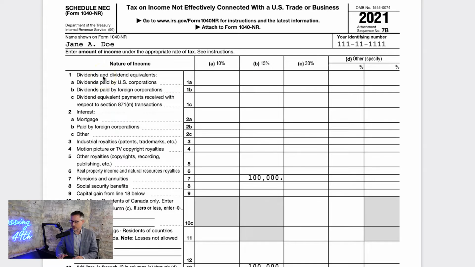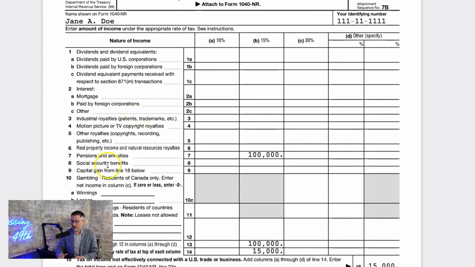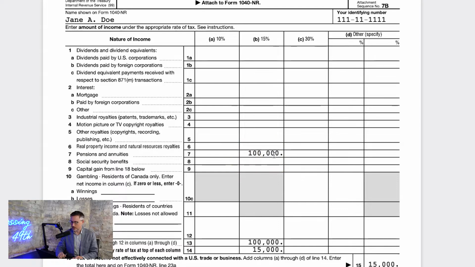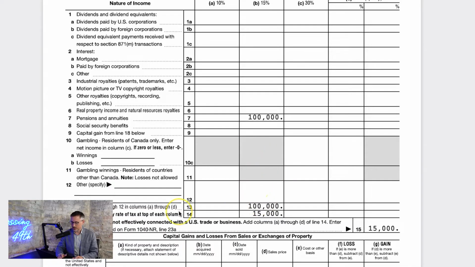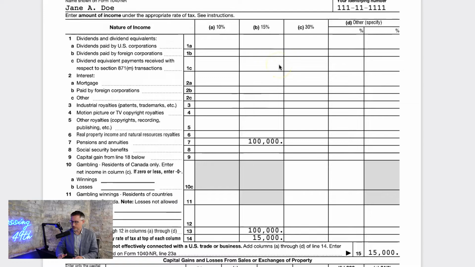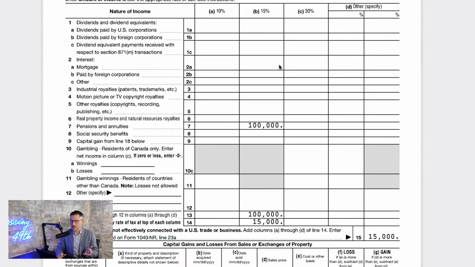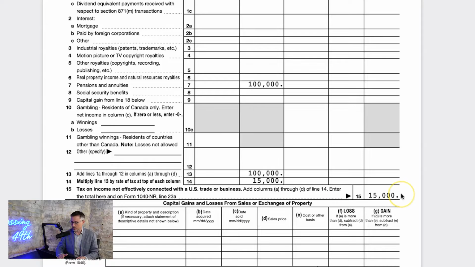What you'll see here is a list of income and then specific tax rates. Now, in our case, we have pensions and annuities that we received of $100,000. That comes down this column here, and we know it's a 15% rate because that's the rate in the treaty. So they're supposed to pay 15%, or $15,000, on that income.